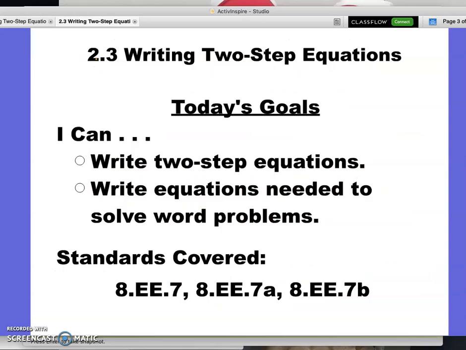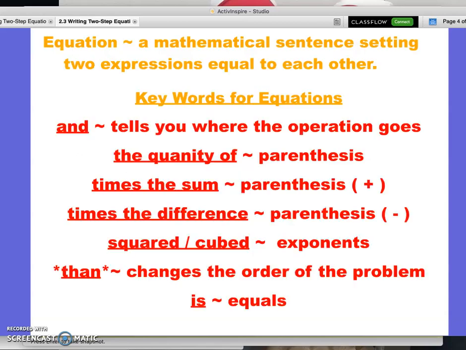2.3, our I can statement is: I can write two-step equations, and I can write equations needed to solve word problems. So we're going to take words and we're going to make a problem out of them. Now, as much as it doesn't seem like it might be a hard thing, we're getting into two-step equations and two-step problems, so it might get a little more difficult than back in the day when we did 5 plus 6 equals 11. So first we have to do a few